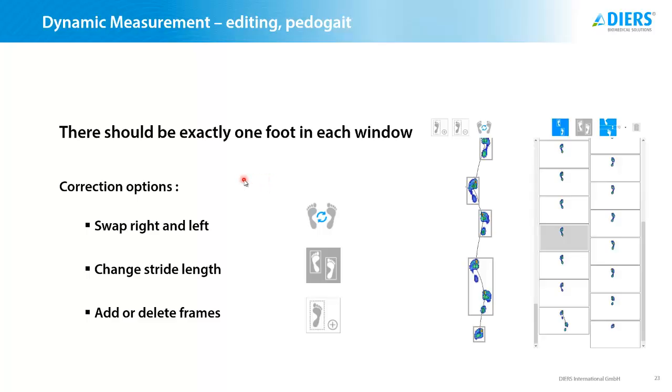Pedigate, also here, often this is the easiest system to analyze, as the system automatically recognizes left and right foot. And this is in most cases spot on from the first time. When you work with neurological patients and you get unexpected pressure measurement patterns while the gait is not the most neutral or normal and natural gait you could have, it might be that the system makes mistakes between left and right or starts making mistakes in the